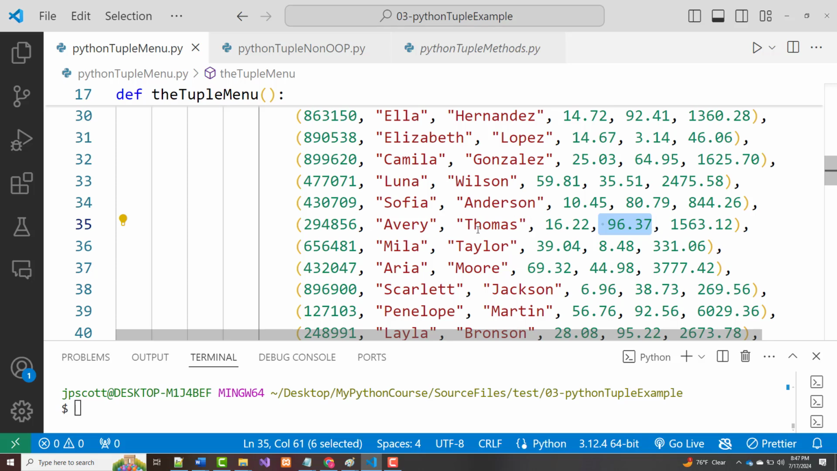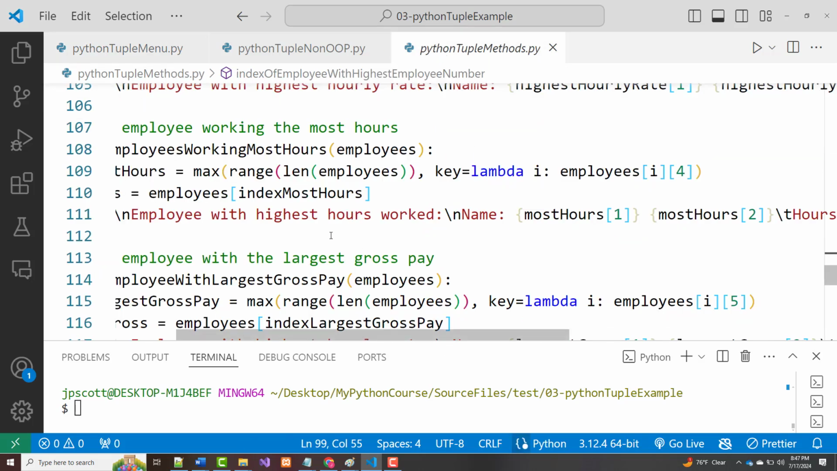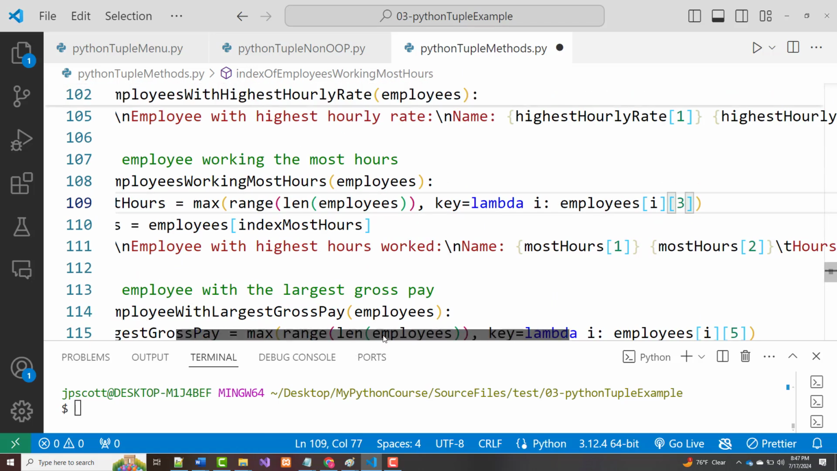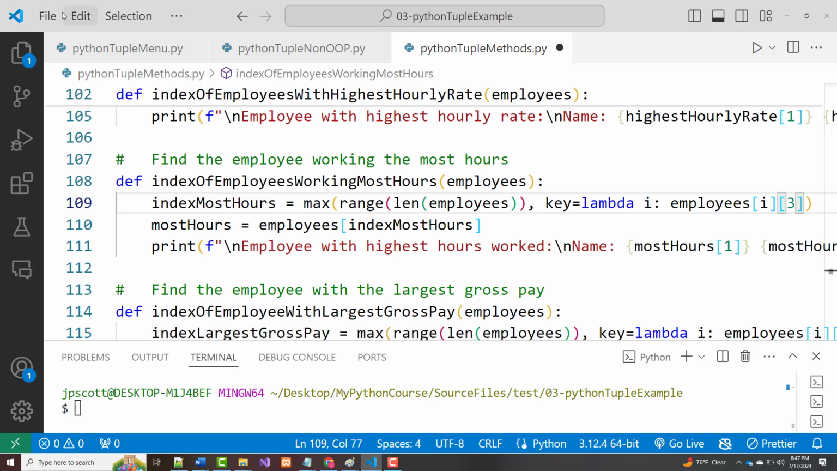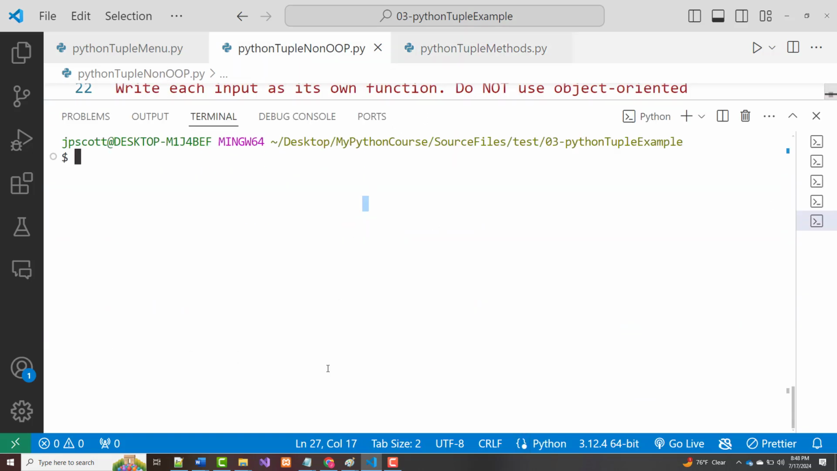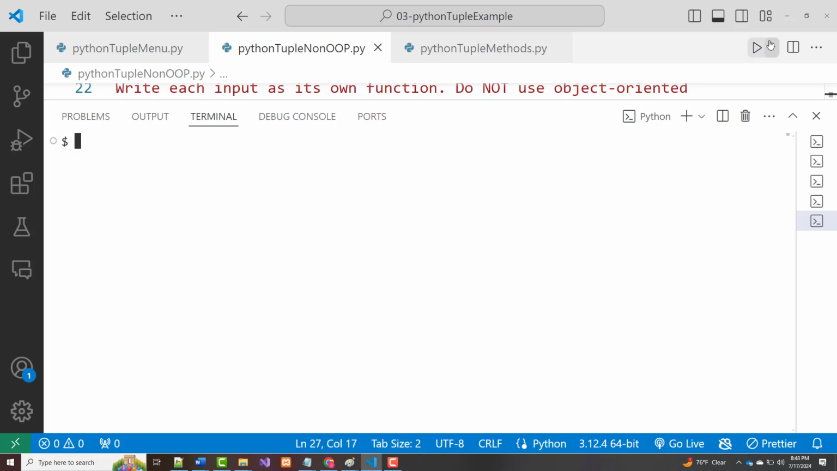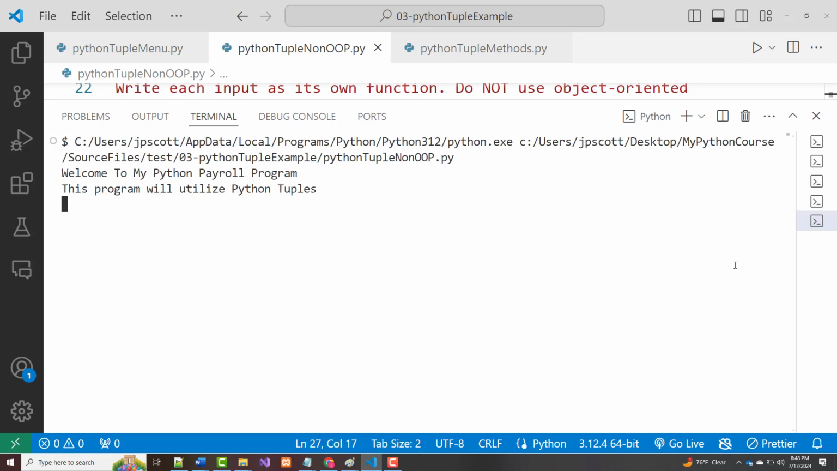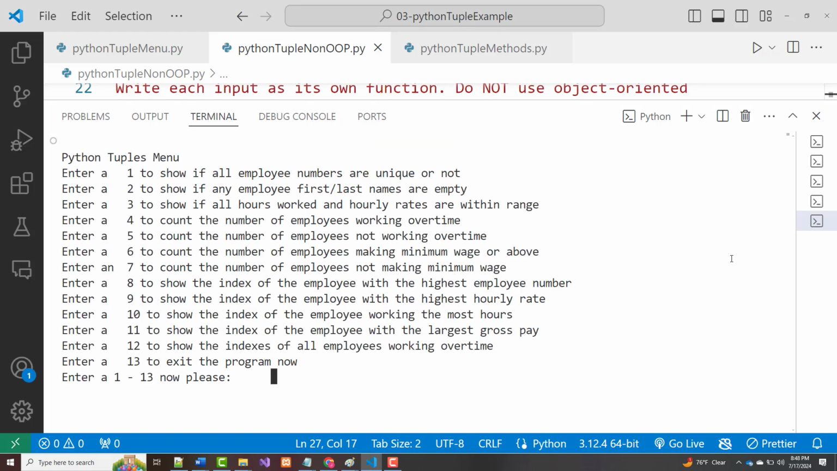So something is wrong in here. We're going to fix it right now. Okay, that should be a 3. And I believe that's the problem. So File, Save All. Let's run it again. So 1 through 9 worked fine. 10, oops, 10,